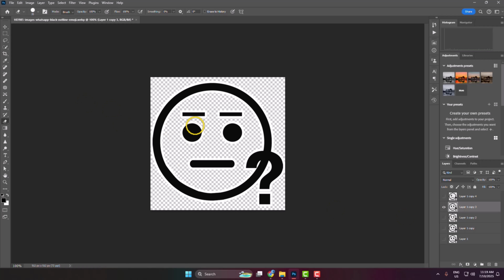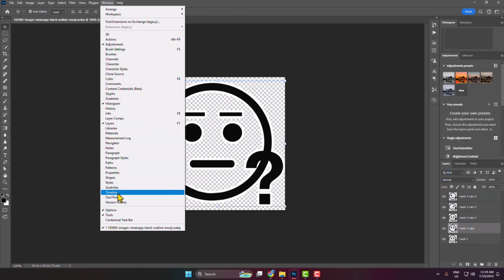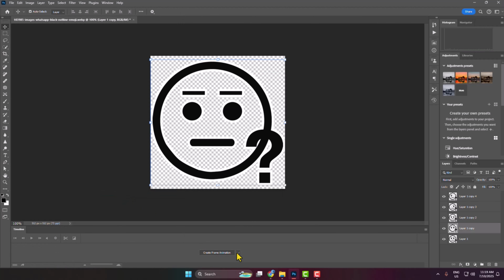Then I'm removing this left eye, and now I'm selecting this layer, and in this layer I'm hiding eyebrow, and then selecting this layer and removing mouth, and then I'm just unhiding all of the layers,